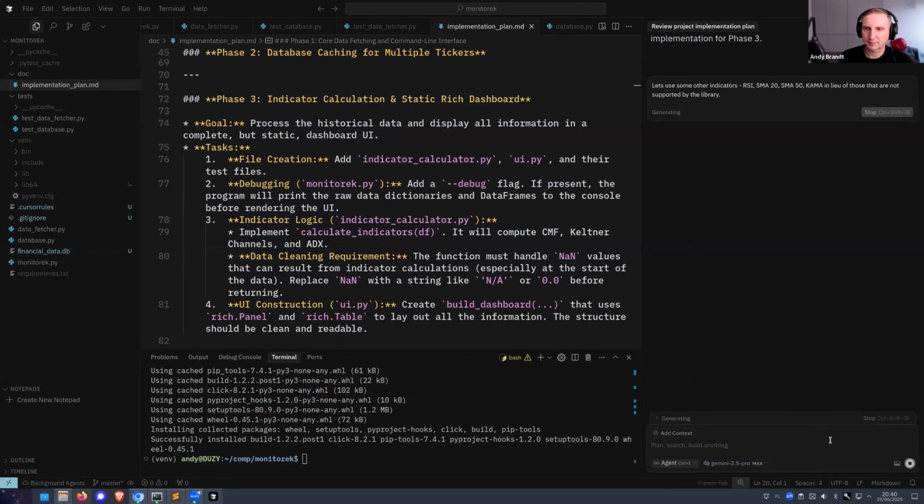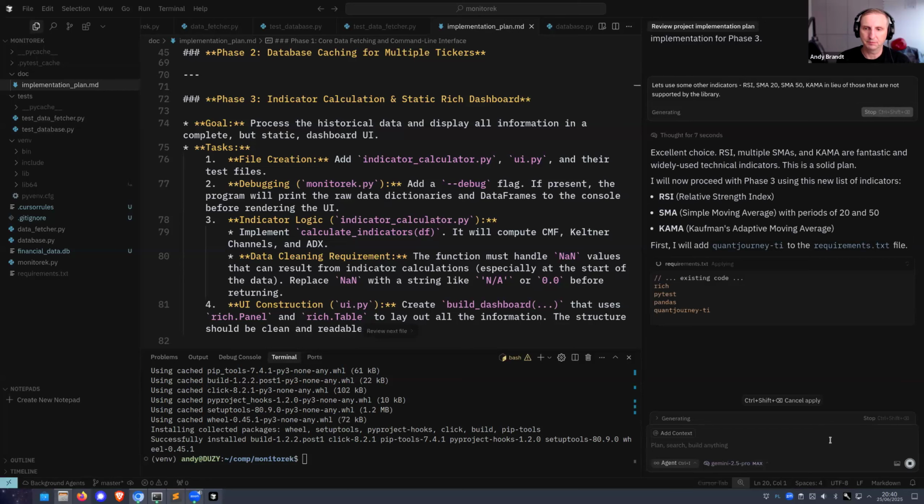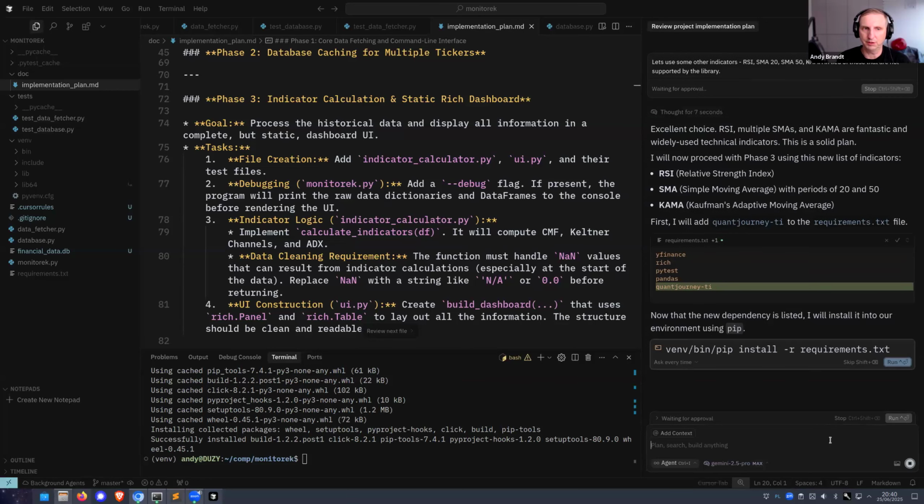Okay. So now I forgot to add one command, but I can do that later on. So we have made some changes to our project. That should be reflected in the plan, because this will be the basis for the documentation. Okay, so it added the library. Let's now run the install.